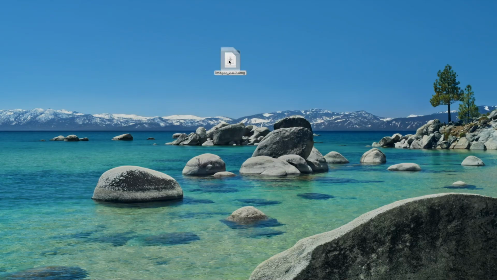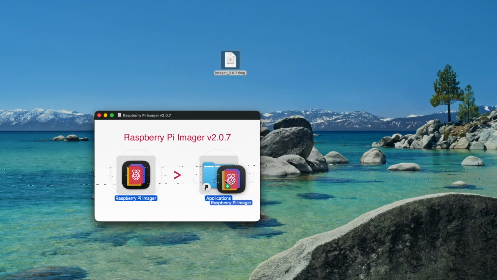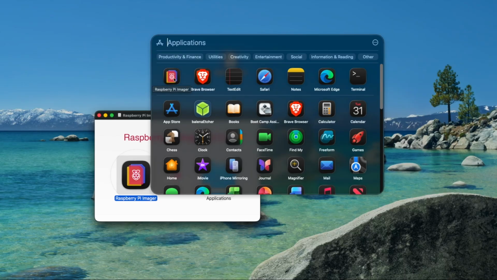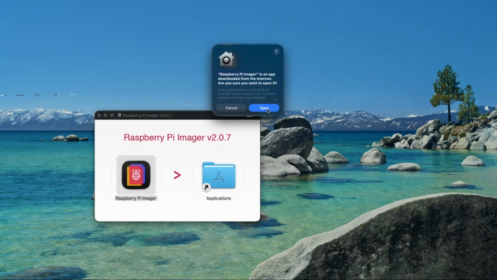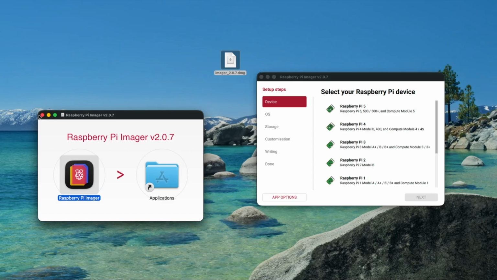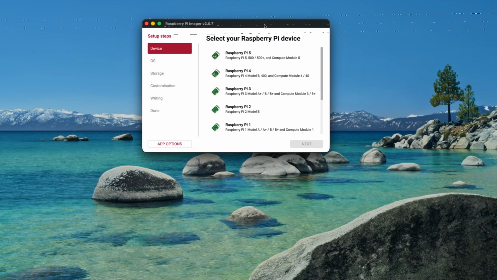So I'm going to launch it. And then I'm going to look for it. And once I find it, I'm going to open. I'm going to say open anyways. And there we go. Now what I need to do is select which Raspberry Pi I'm going